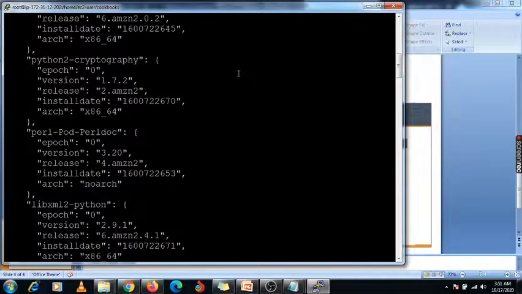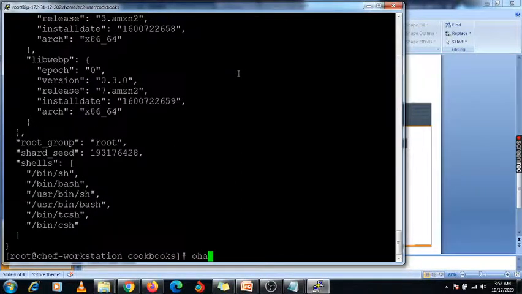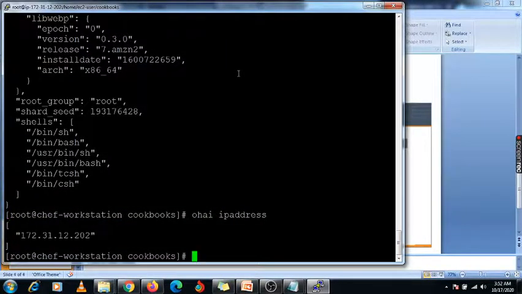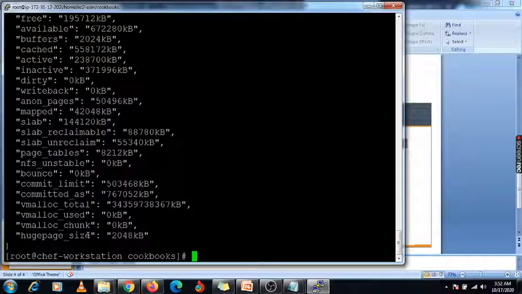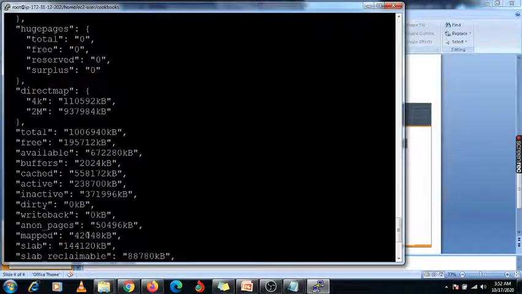So you can grab it. Suppose you want to check the IP address. Okay, you just mention IP address, enter it. You will get the IP address of your Linux machine, right? This is my Linux machine IP address. If you want to check the memory or CPU, you can check it. This is the memory of your server, you can directly check it.